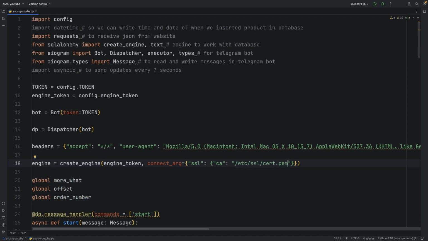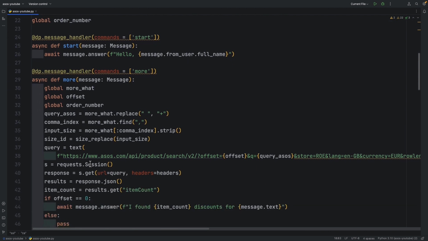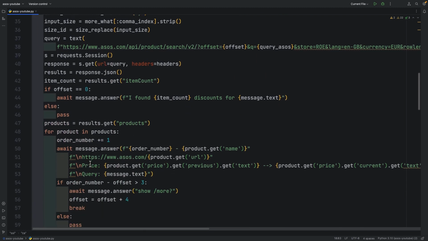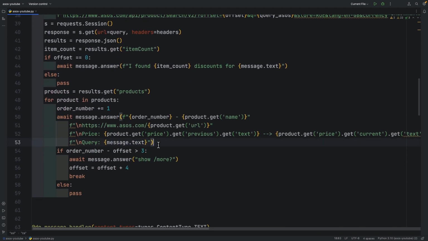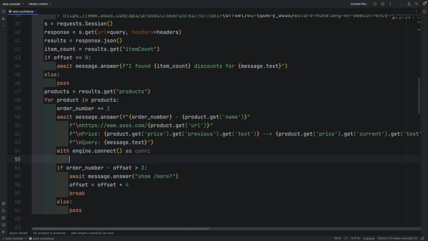Now, let's write code so that after every product we send, the bot will write its product details in the database. First, we establish a database connection using the engine we previously created. Our query for the database is going to be text as string: insert into ASOS YouTube.